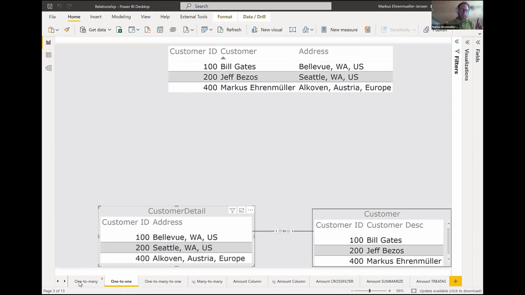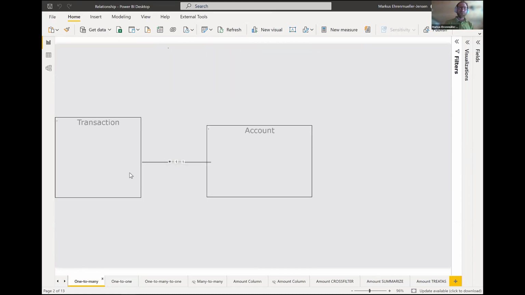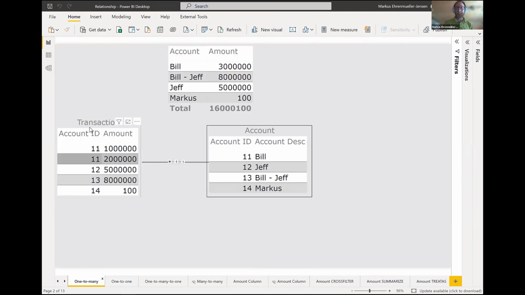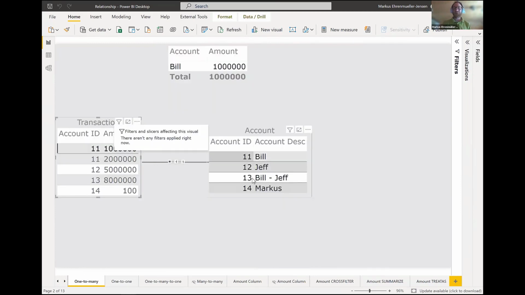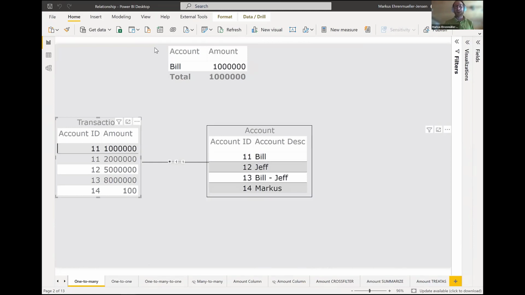One thing I have to point out here again. If I click, for example, on the account table, I told you that on the transaction table, the account table is not filtered, nothing changes here, but everybody can see that something happens up in my report, right? If I put a filter on my account on the transaction table, I just filtered my report on this. And this makes it sometimes hard for me to explain what's happening in here, because I tell you, no, there's no filter going back to the account table, as we can see here.